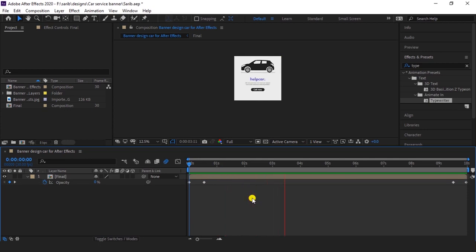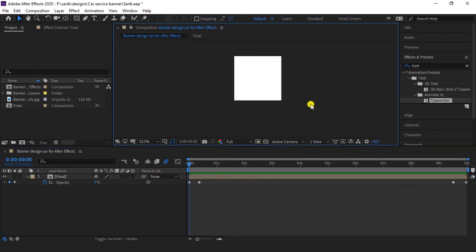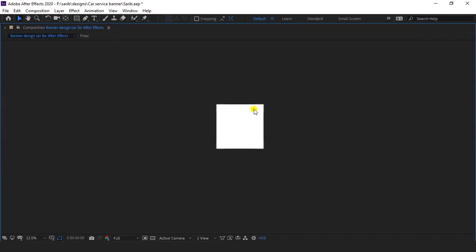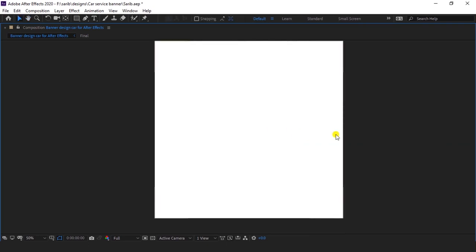Okay, yeah, very nice. Yeah. So why I am given this opacity keyframes? Because this looking loop animation. I hope you understood. This is looping. Yeah, as you can see, this is looping. So let's play our animation on full screen. So let's play.